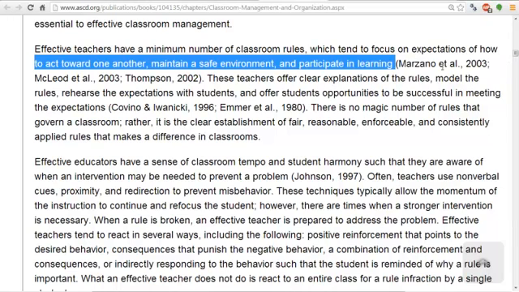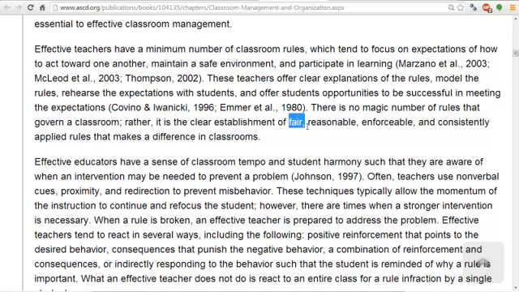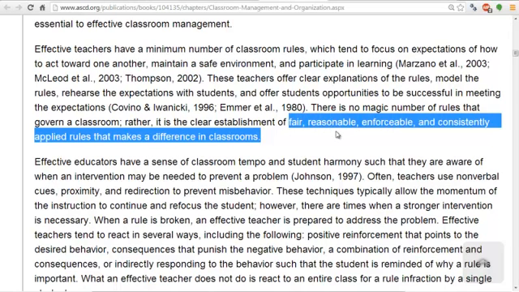The thing you want to think about with the rules that you create is that they have to be fair, reasonable, enforceable, and consistently applied. So if you think about a rule about talking, could you have a rule that said no talking? I've honestly had teachers that had that as their rule. And when I talked to them about it, I said, can you go through a day without talking? And they said, well, no, but I don't want the kids to just talk randomly whenever. But then that's not what you said in the rule. You said no talking. So you need to find a way that is consistently applied.